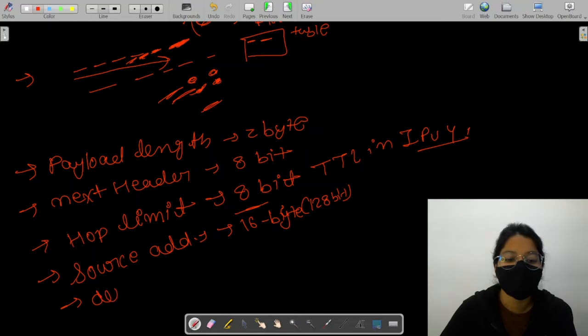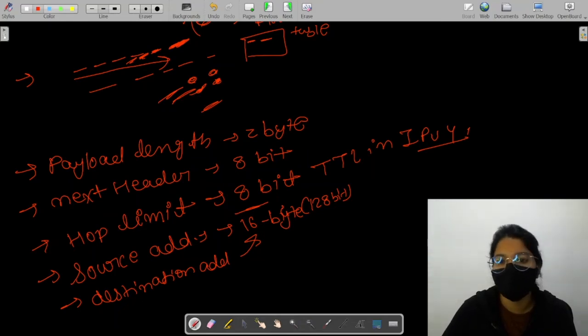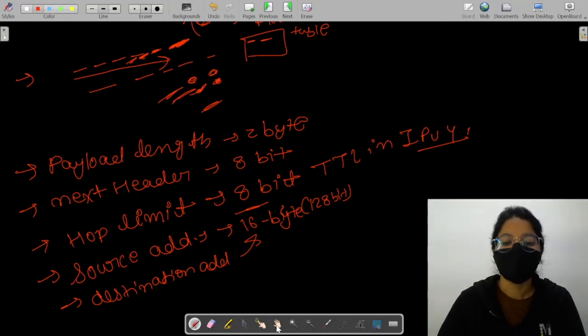The next is destination address. The destination address is also a 16-byte, 128-bit internet address that usually identifies the final destination of the datagram. Okay, final destination of the datagram. So we have seen